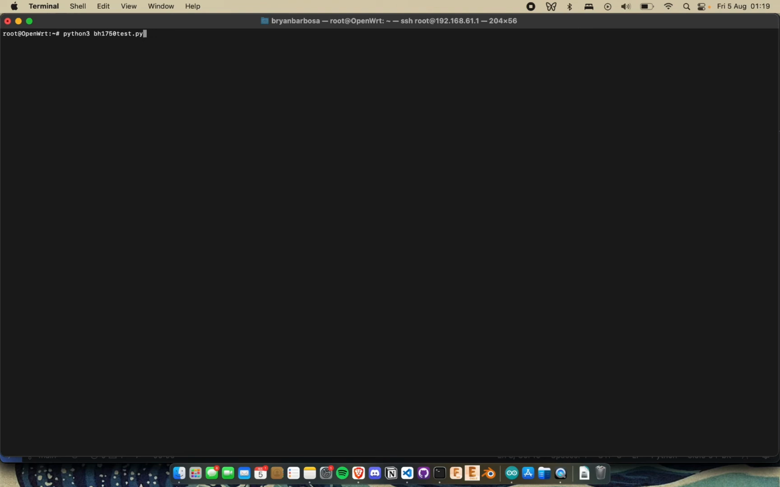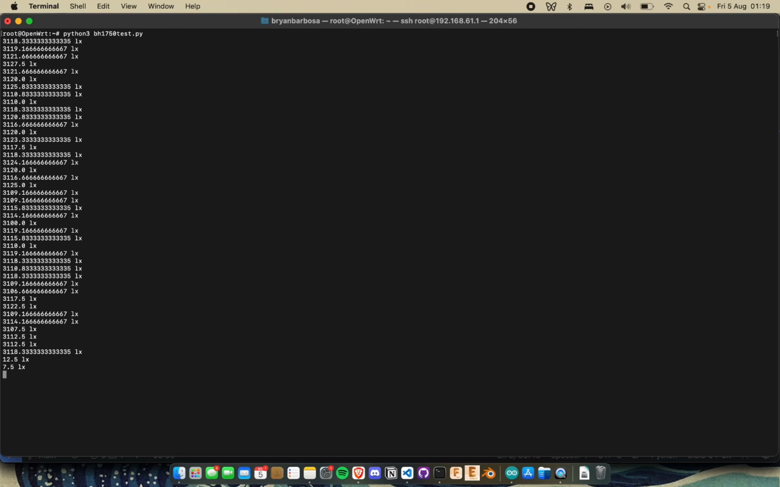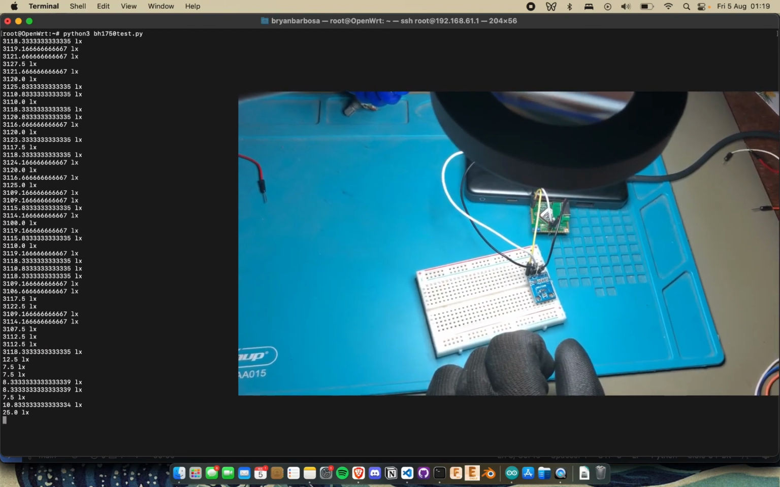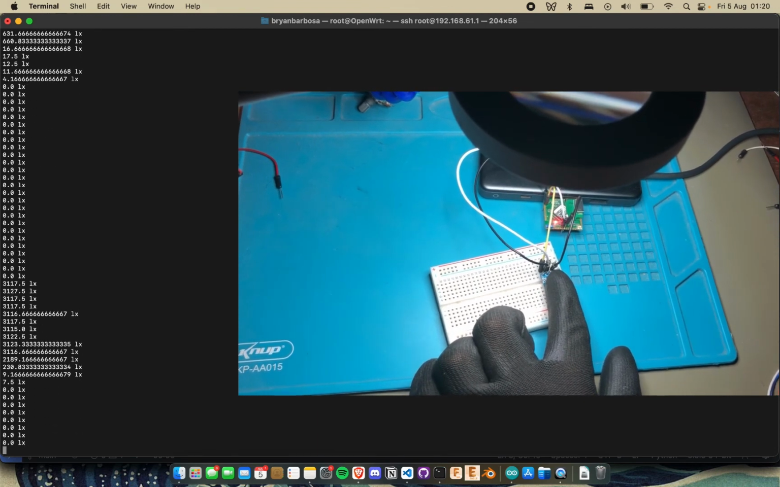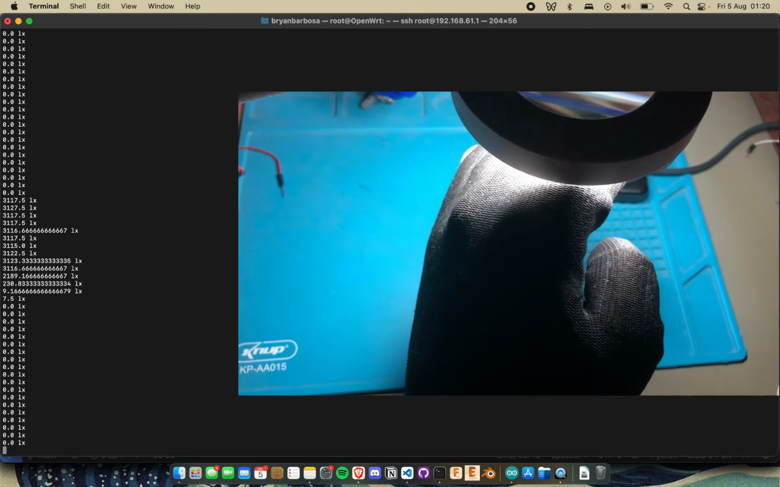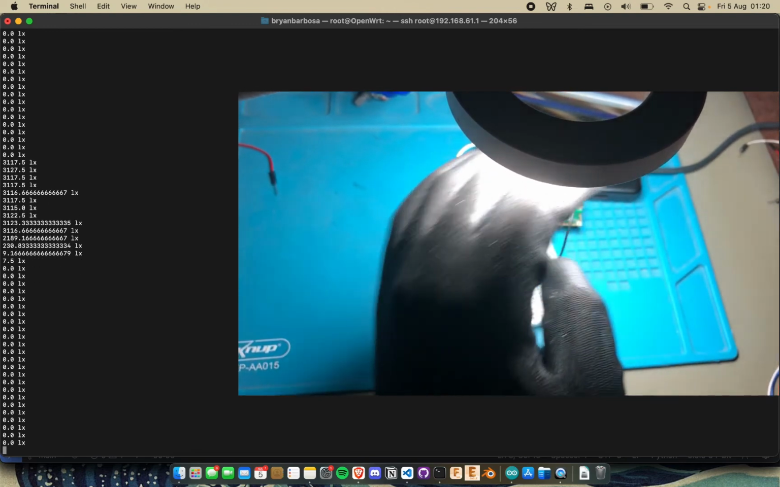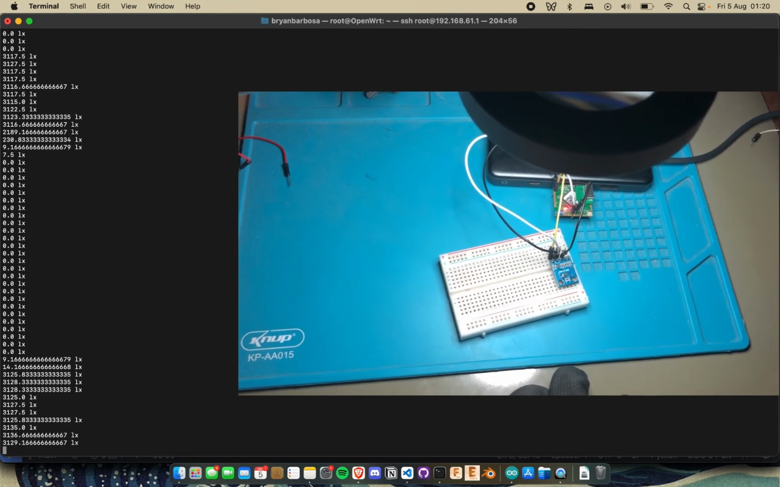Okay, I'm going to run it right now using Python 3, and it's getting the readings. Right now it is exposed to the light of my table, and when I put some shadow over it, you can see that the readings decrease a lot. If I put it under complete shadow, you can see that it gets no light. The reading goes to 0 lux,